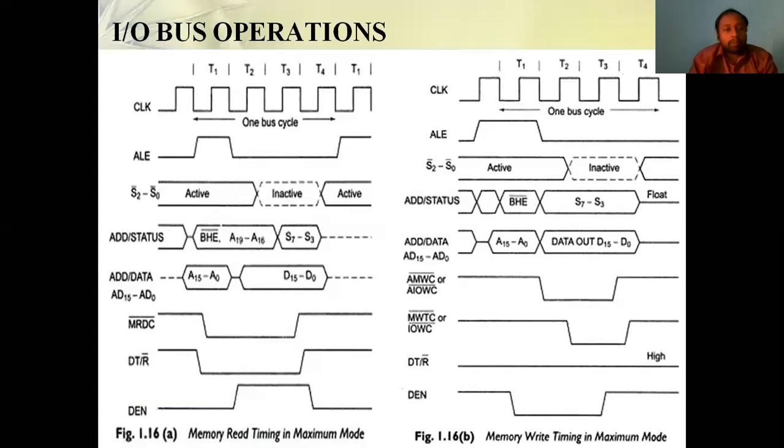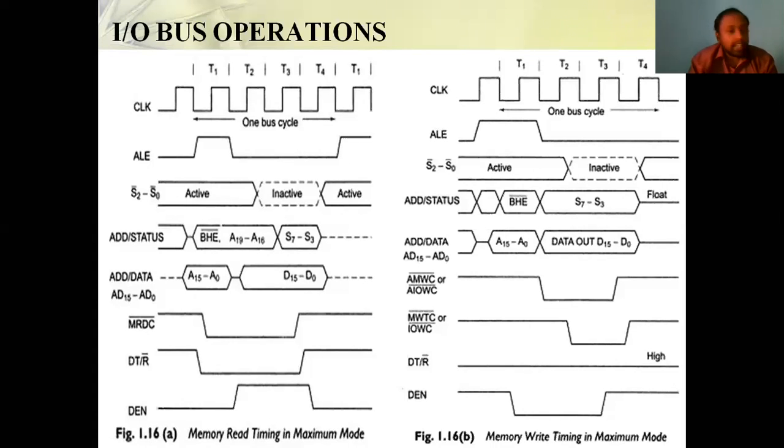So guys, this is the IO bus operation. After you have discussed the internal architecture of the 8086 and then the pin diagram of the 8086, now you should see how it works if I connect something like memory or peripherals to the processor. According to the clock, we have taken 4 cycles, T1, T2, T3, T4 time periods. Depending upon the clock cycle only, the operation is performed. So when the clock cycle is enabled, what happens here? The address latch enable. Guys, you should remember this ALE pin. You can see it in the pin description.